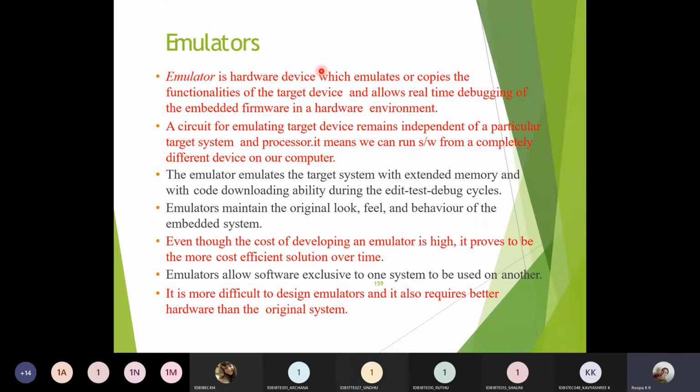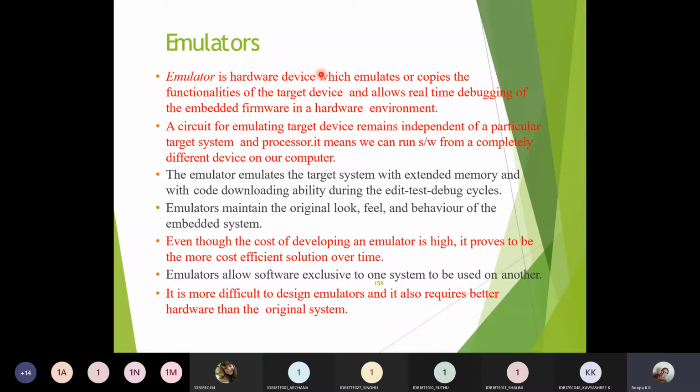Next you have something called emulators. Simulators are used for checking the firmware, which means it is a software tool. Similarly, an emulator is a hardware tool which is used for checking the different components present in an embedded system. Each component has its own functionality, so the emulator will copy the functionality of that component and test what output I get for the given input. But it is not a cost-effective system. The cost will be high because it emulates the functionality of the target device.